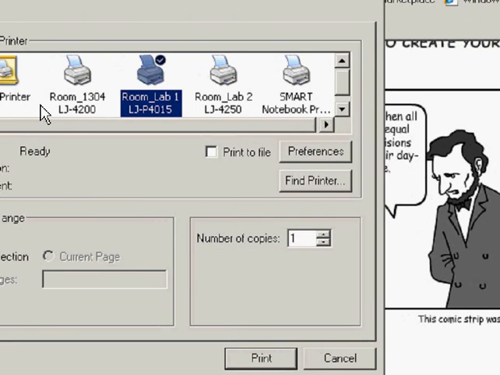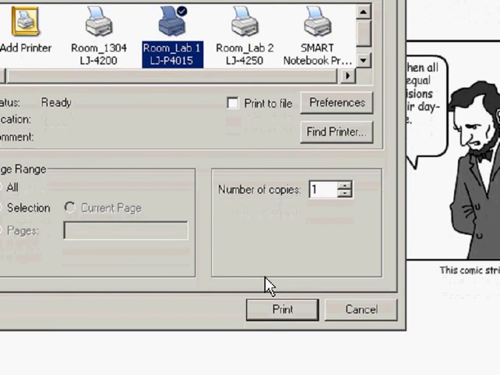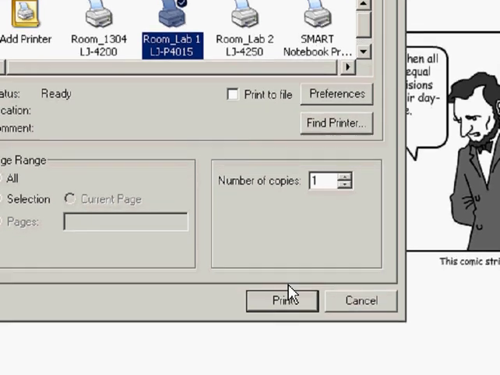And we are going to print in Room Lab 1, okay? Only click print once. If you click print multiple times, it will print multiple copies, okay? So just click print once,